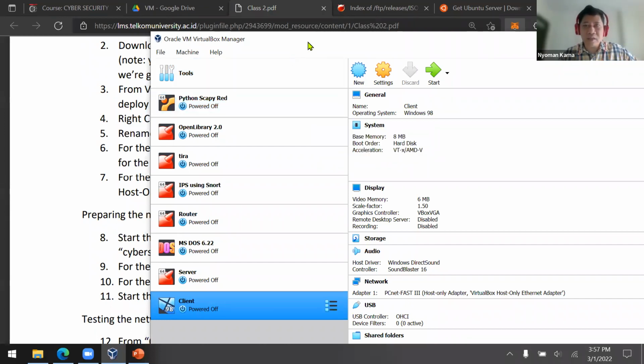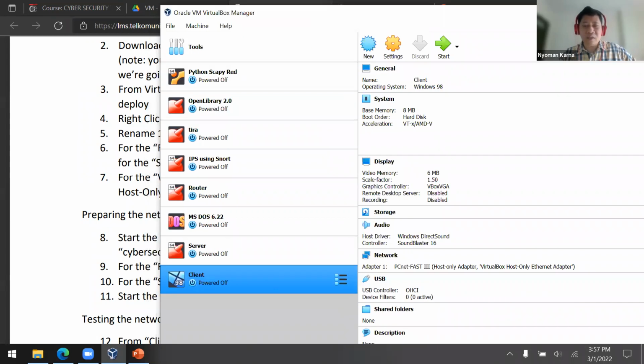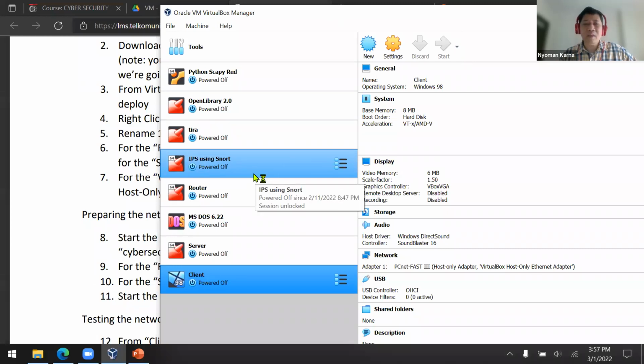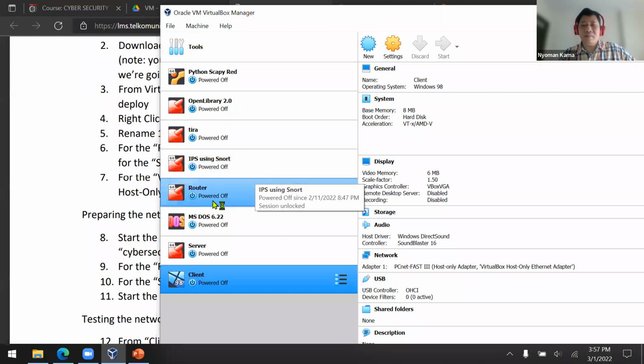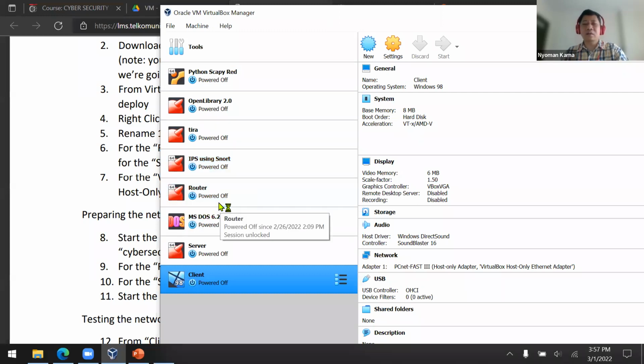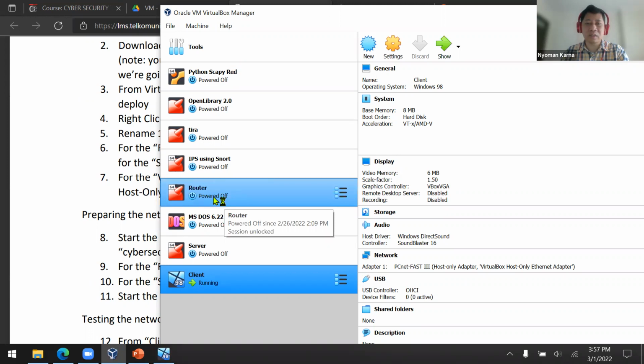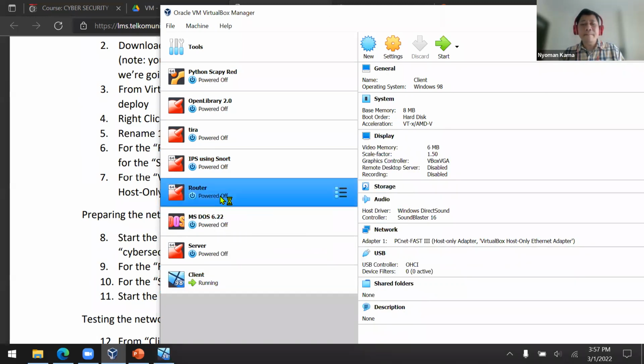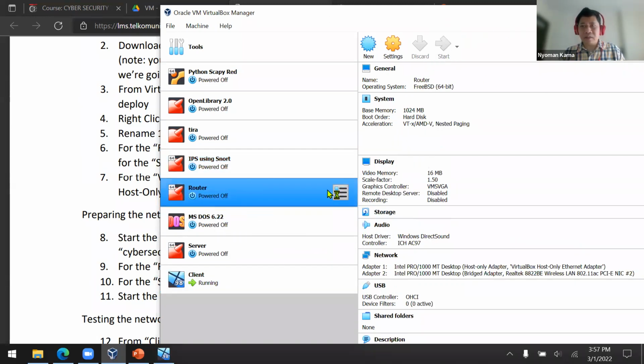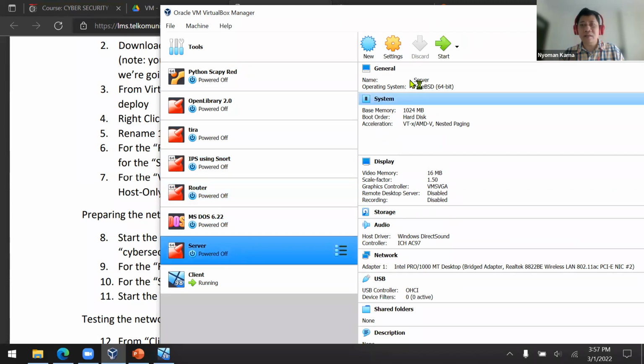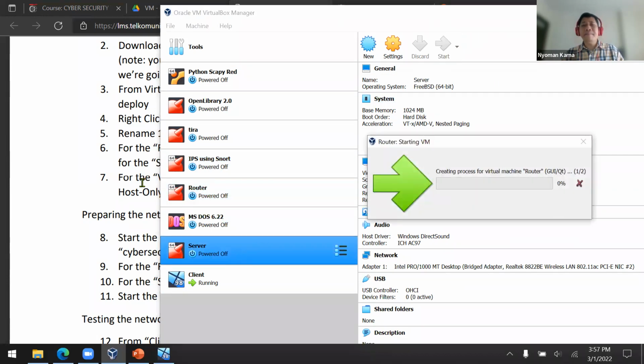So let's start by turning on our 3 virtual machines. The first one is the client. Start. While waiting, you can also run the router and also the server.